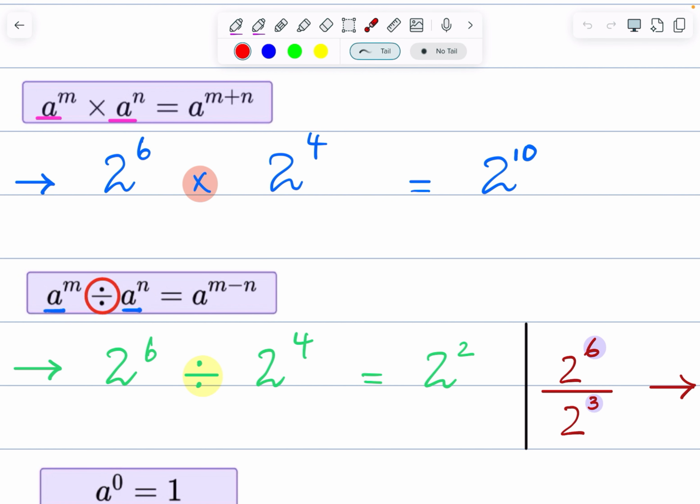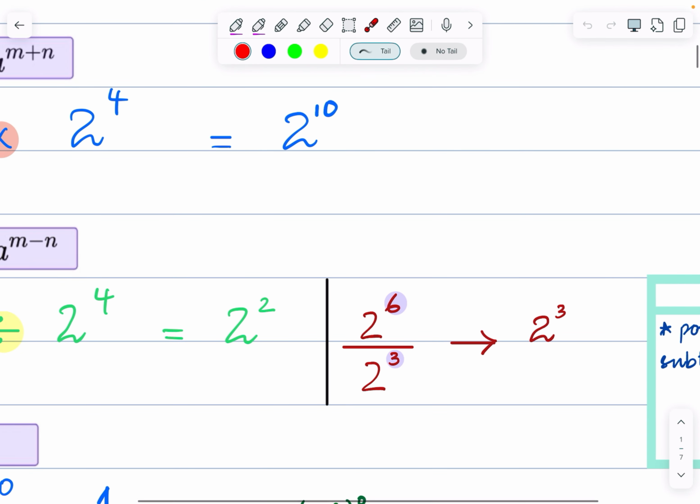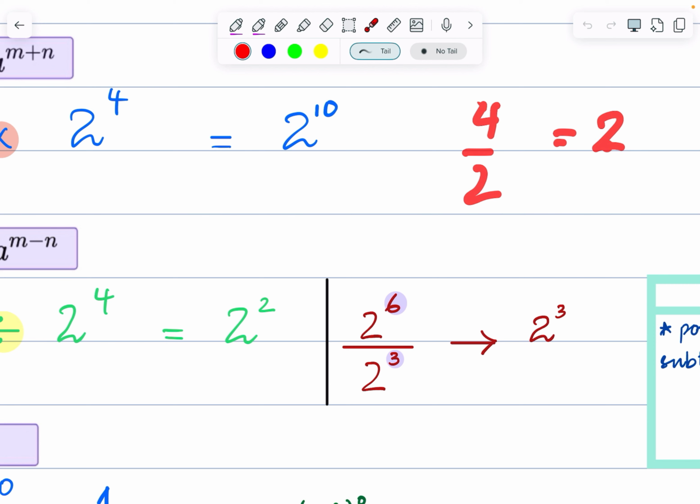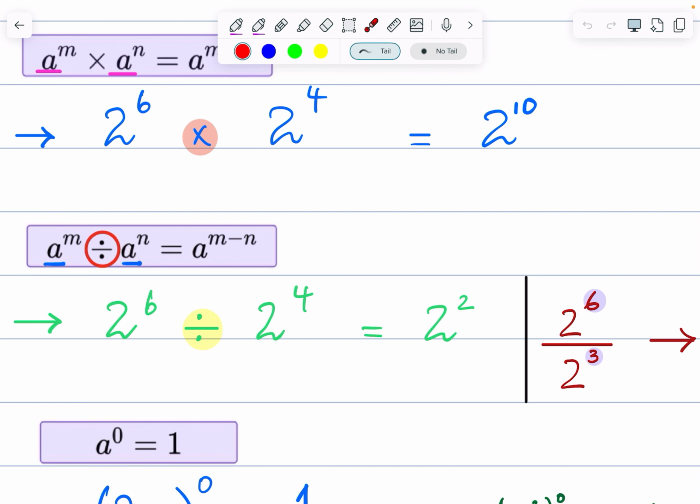One very common misconception that I have seen you guys making, एक तो I don't know, थोड़ी subconscious में भी एक वो muscle memory होती है, I don't know what it is. First of all, a fraction also means that two things are being divided. If I write 4 over 2, the answer is 2 because 4 divided by 2 is 2. So a fraction also means, in the case of laws of indices, that two things are being divided. And you're going to subtract the powers, not divide them. Okay? You don't have to divide the powers if there's a divide sign in between. You have to subtract the powers.